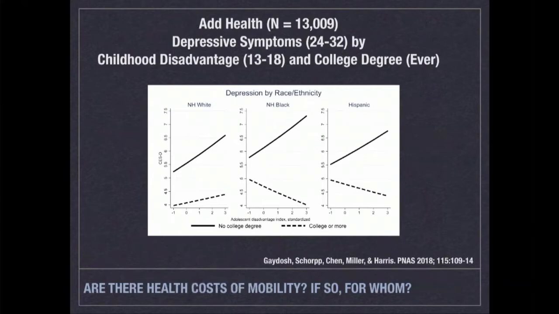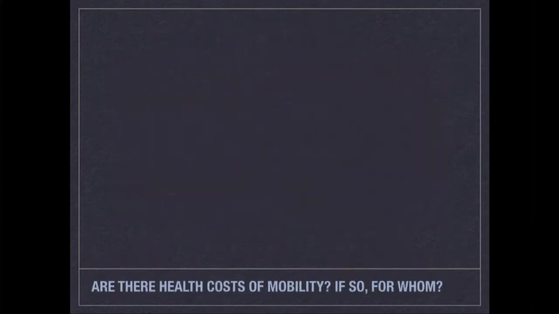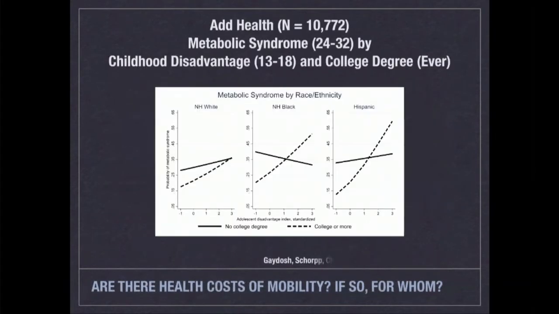It's consistent with all of our past work too, which is that self-control, academic success, better mental health, those things tend to stick together, regardless of racial and ethnic group or childhood disadvantage. But when we go to a measure of physical health, and here we're looking at the prevalence of metabolic syndrome at ages 24 to 32, again, we get these interactions, but we get them not for non-Hispanic whites, but